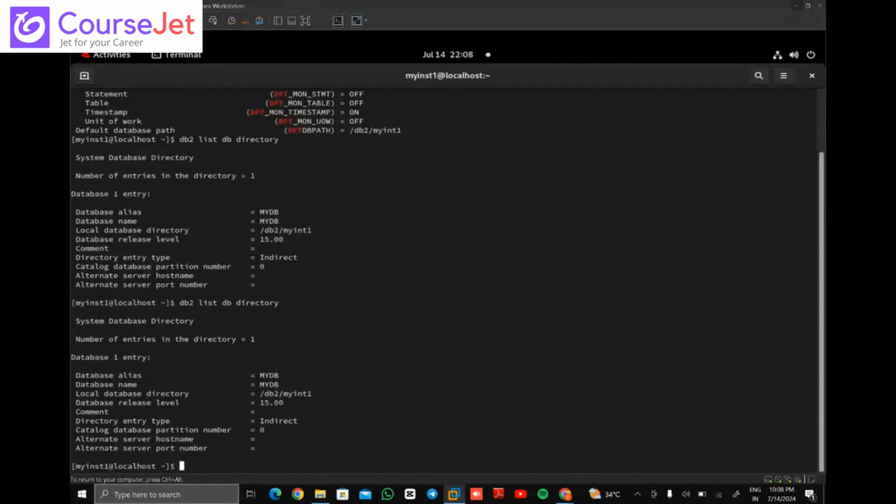The next one is the local database directory, which shows your database path. By default, the database path is /db2/myNHT1, and it has created your database in that directory. It is a default database directory. If you change the path of the database, like you don't want it in /db2/myNHT1, if you just want to